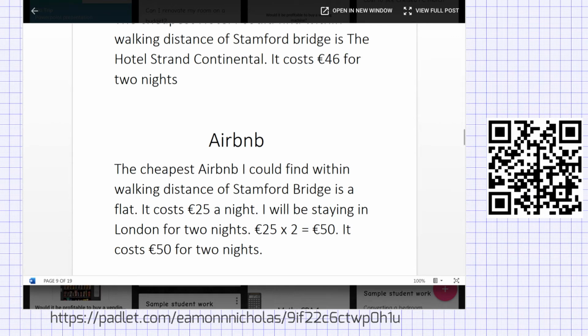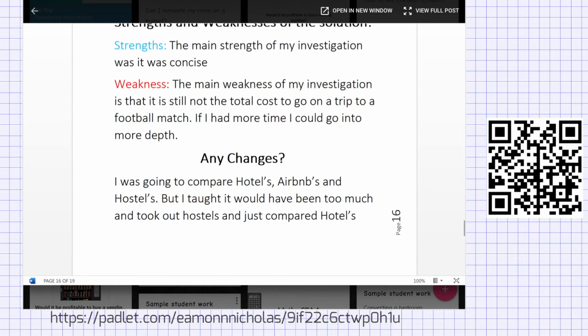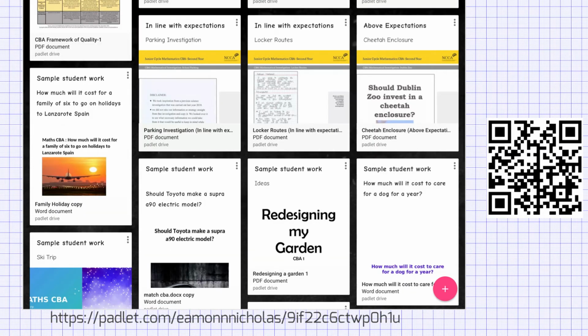Airbnb, accommodation. So you can see everything that's involved, right? And you can see how they linked in the maths, which one was more expensive than which, total costs, and a conclusion, and so on, right? Strengths and weakness of the project. So they reflected on it afterwards. So a good project, you're able to link in what it entails, right? So that's just loads of different ideas there,